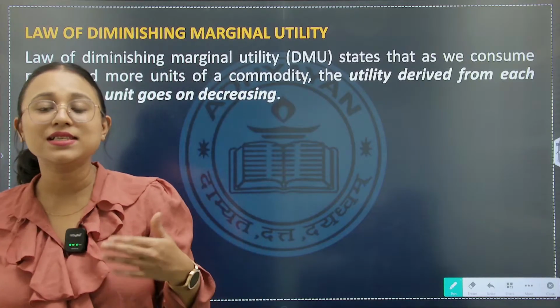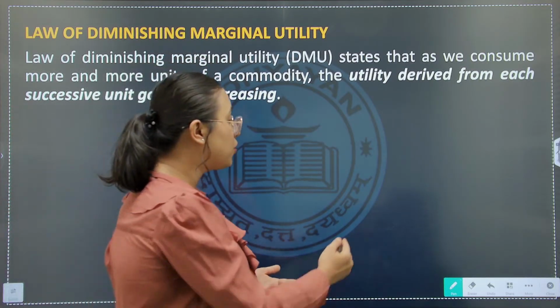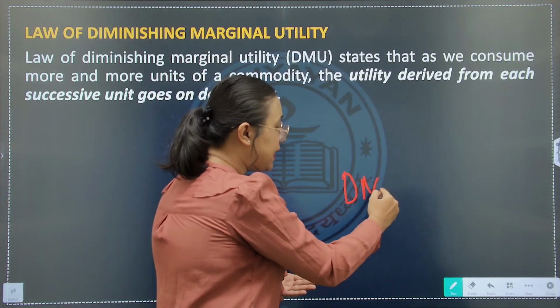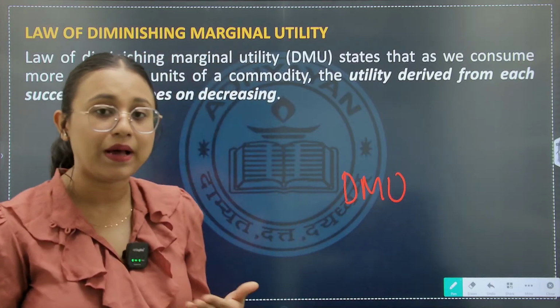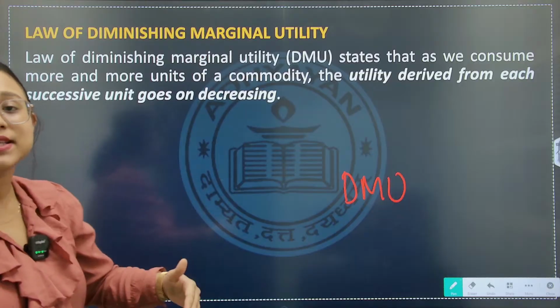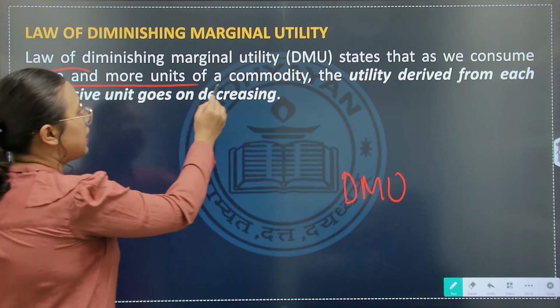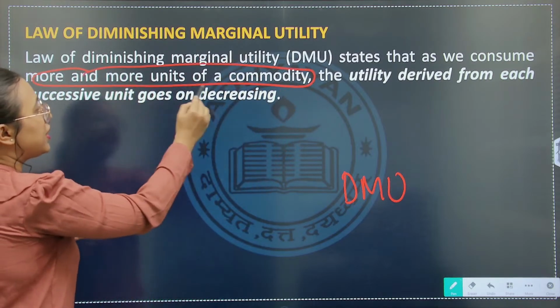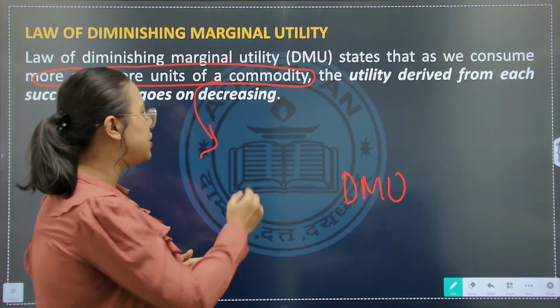So what does this law of diminishing marginal utility, or in short form law of DMU, actually mean? It means as we consume more and more units of a commodity, remember any one commodity